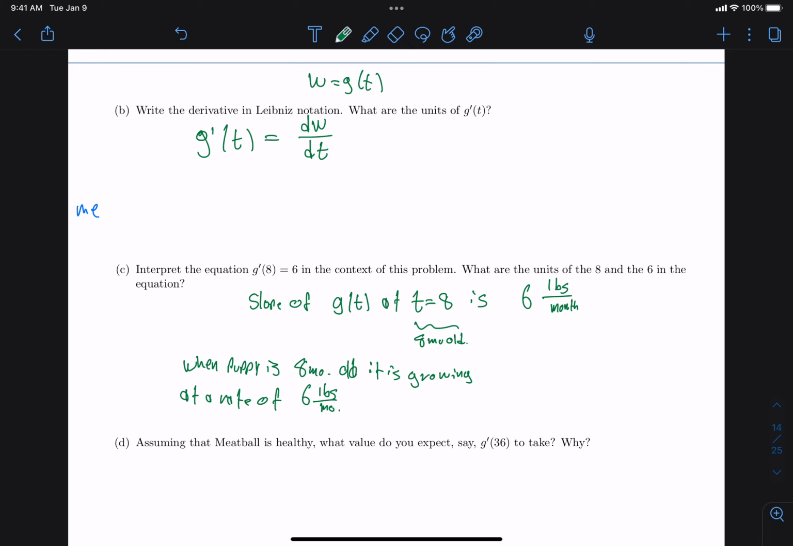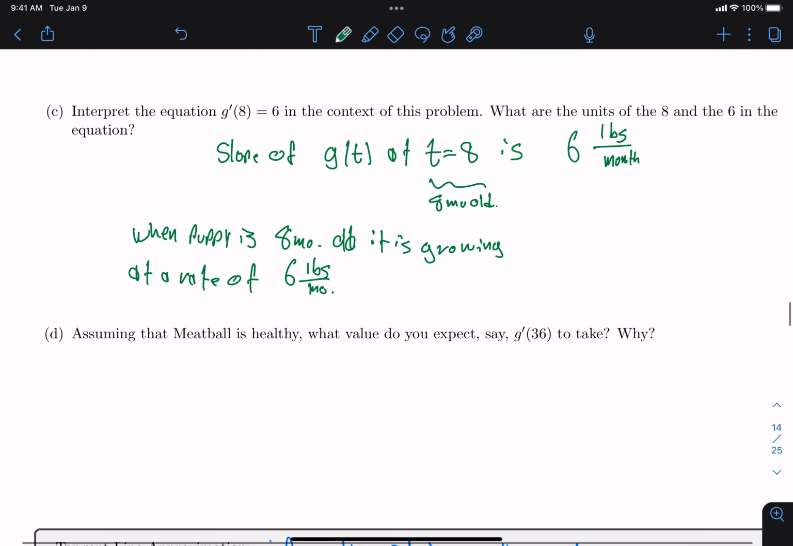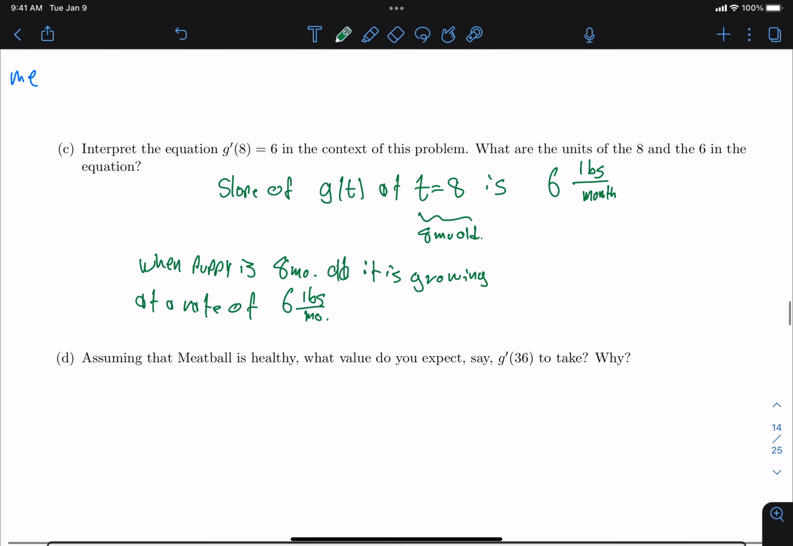Okay, then let's do the last part, which says what? Assuming that Meatball is healthy, what value do you expect g prime of 36 to take and why? Let's start with what is g prime of 36? What does that represent, without getting into the actual value of this? Whatever that number is going to describe something